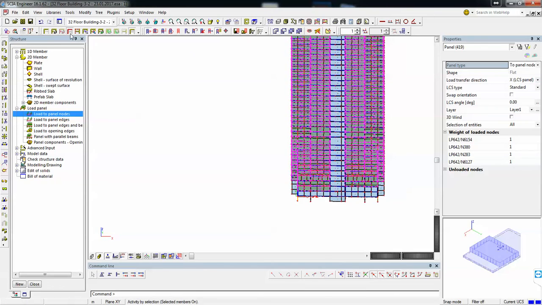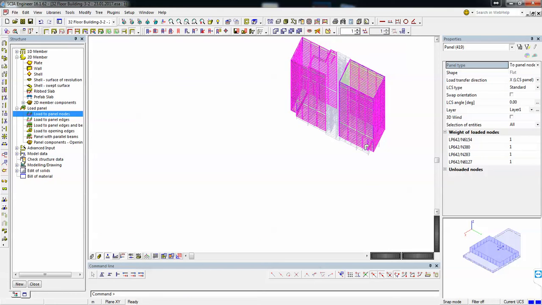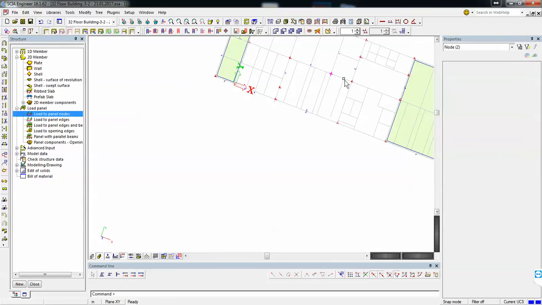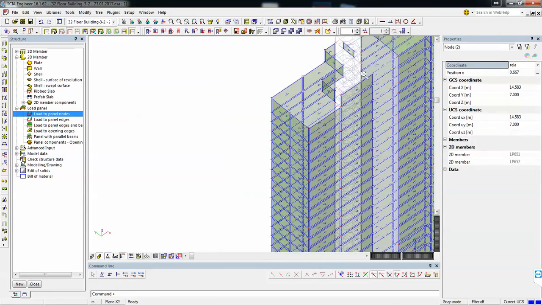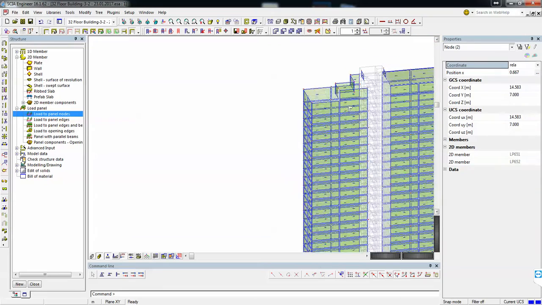So I will select activity by selection to make sure that you don't have any panels inside the building. And I see you have, okay, these are not inside the building, which is okay. They're on the top.